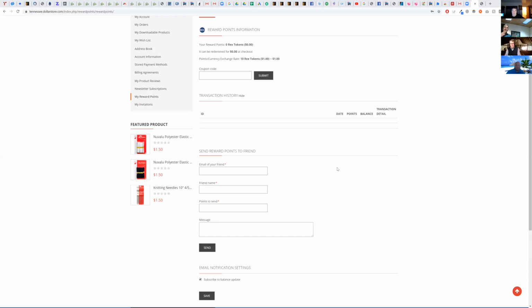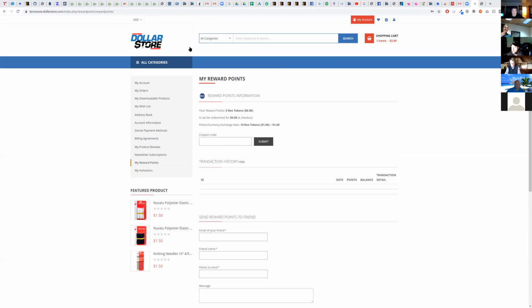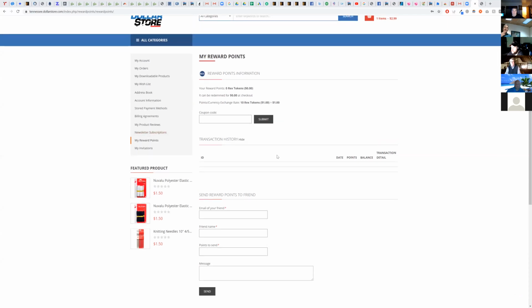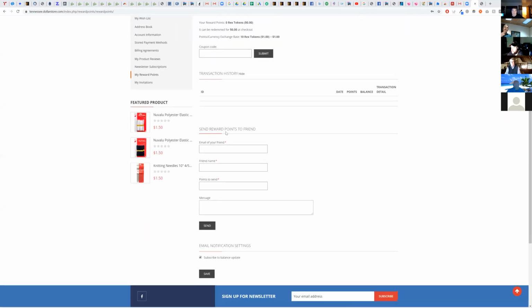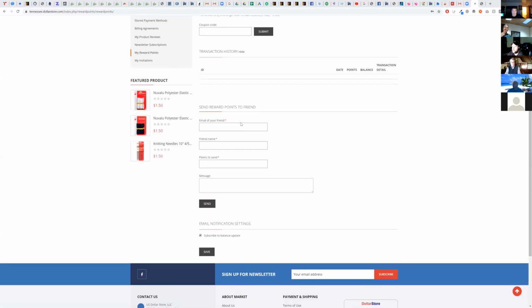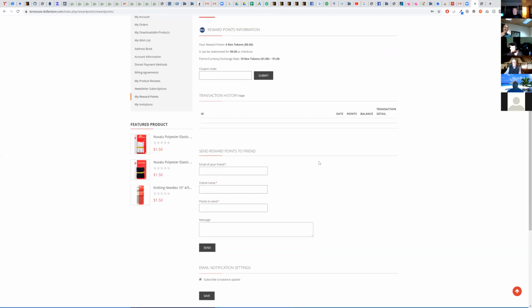All right. So you're on my account and you click on my reward points. And then down here at the bottom, it says send reward points to a friend. And you email their information and how many points to send, and also a message. But you can't do that because you don't have tokens. You have to have tokens in your account to do that. Right. Once we get our tokens generated in the back end, once they add them,